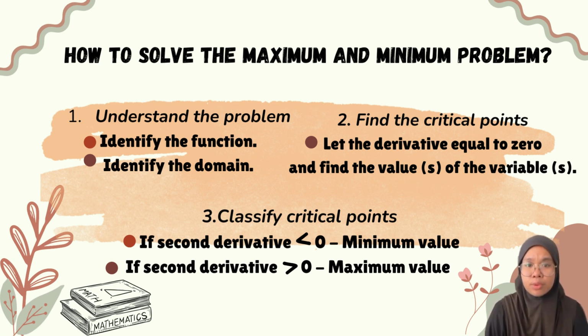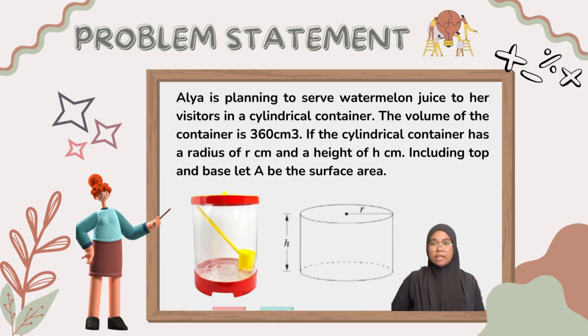And for the last one, classify critical points. If the second derivative is less than 0, it is a maximum value, but when it's more than 0, it is a minimum value. This is our problem statement where Anya is planning to serve watermelon juice to her visitors